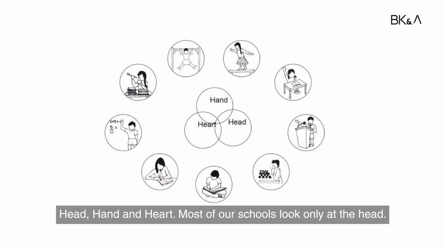Memorizing things, thinking about our exams, everything is looking towards the head. People don't use the hand. I mean, the muscle or manual labor is looked down upon in our educational system. The heart is also not given importance, but we just tried to go through. There were some school people who tried to look at the 3H, which we found very interesting. So 3H could be one of the principles.